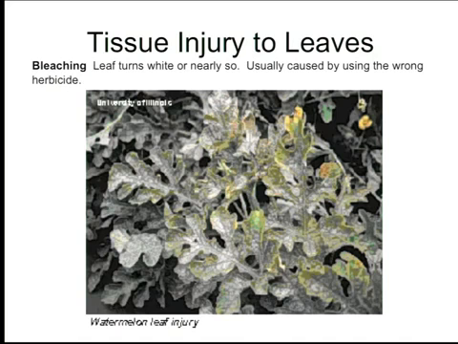And it reminds me of when you go to the doctor. You go to the doctor and the doctor's just guessing. Oh well, this thing could be a virus. At the end they finally say it's a virus because they don't know anything else. And it's the same thing with us. Unless they have to do an exam, take a blood test, then they can maybe understand what's going on. Same thing here. You have to send this to a lab, to a specialized lab sometimes. Sometimes you can guess, but sometimes you can't. So it's important to get very familiar with the symptoms. So this would be a leaf injury.